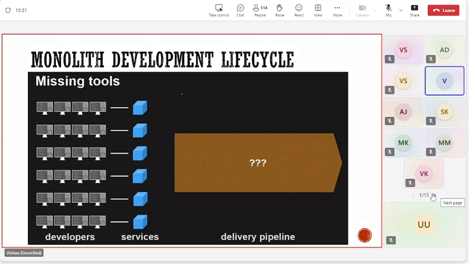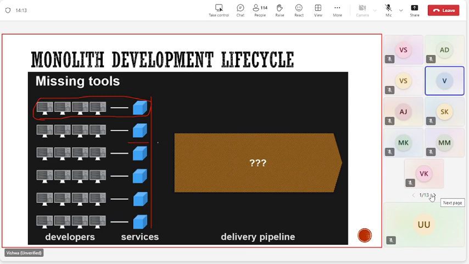But now what really happened is we got agile into the picture. The reason agile was introduced was to make sure the development cycle becomes much better. With the help of agile, the big monolithic application was broken down into multiple services. I repeat, the big monolithic application was broken down into multiple app services called microservices. Fantastic. Great advantage. What is the advantage? Now the developers have to just focus on their service. They don't have to be bothered about the other service.